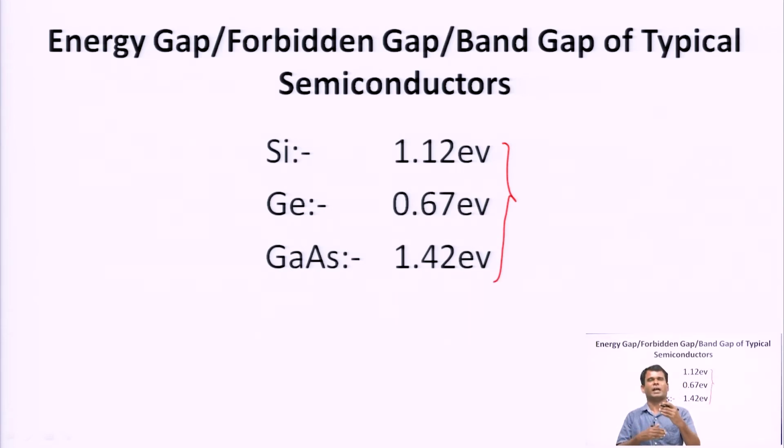This means near 1 electron volt, so that these elements are semiconductors. Now, look at the point in which form semiconductors are found in nature. For example, silicon and germanium. We can see that the atomic number of silicon is 14. This means the electronic configuration is 1s2, 2s2, 2p6 and